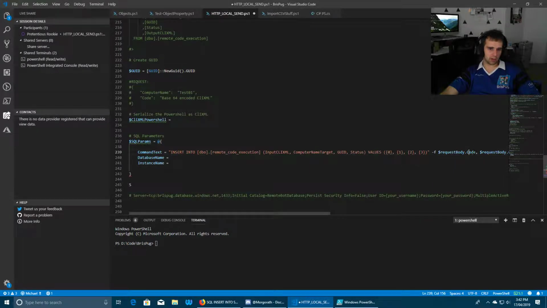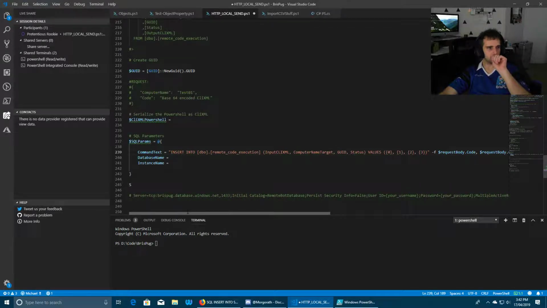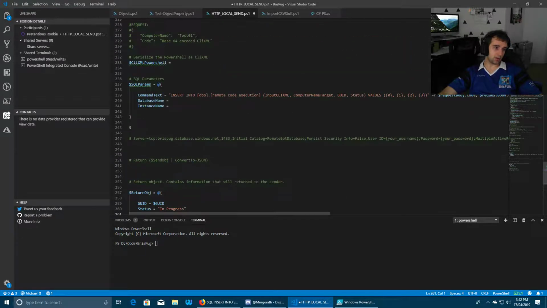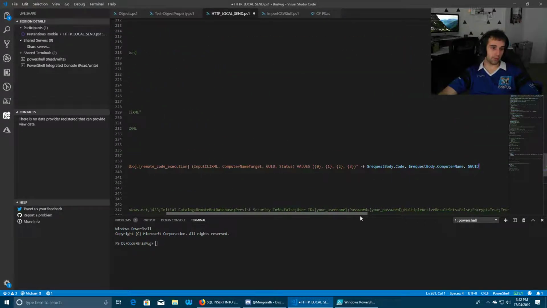So remember, because we're setting the GUID, we need to pass the GUID into it. So the GUID will be using the GUID variable. So remember how we generate. So it'll be a GUID then. No, because we don't even need to. We've already done it up at 224. Oh yeah. So we just call the GUID. Yeah, we're just calling the GUID because we're basically passing it into the SQL as well as passing it back to the user. So he knows what it is, as well as we've basically got a point of reference. And then we basically need to pass the status.